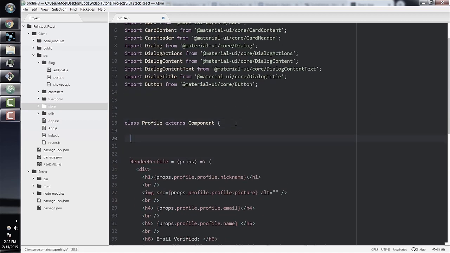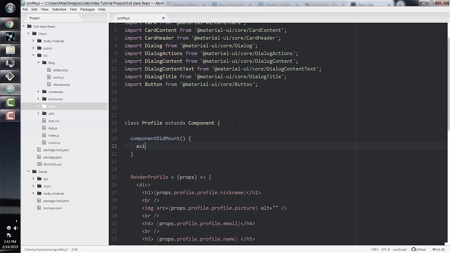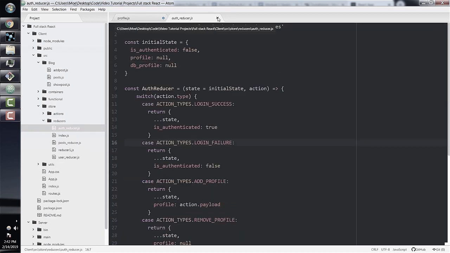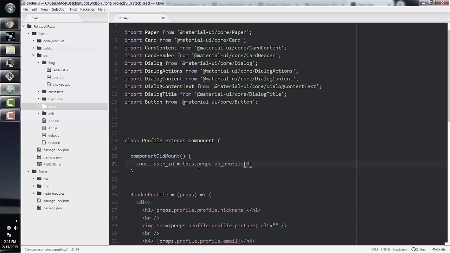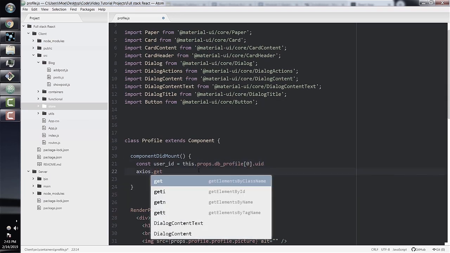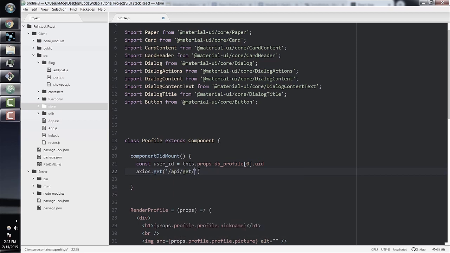from our database. And we're going to put the Axios request inside of our componentDidMount method. And of course we need a parameter to look up these posts, since again we don't want all the posts. So we are going to use the user ID. And we'll get the user ID from the DB profile, which is again in the auth reducer. So we can add it now to our map state to props function. And then we have our axios.get request, and then it's